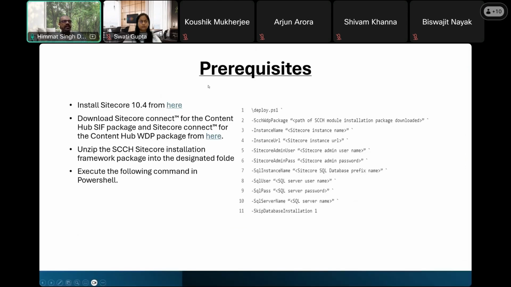If you have performed all the steps to connect with the DAM, you do not need to perform them again, but I'm just highlighting them at a high level so that you can understand. Same as before: install Sitecore 10.4, download your Content Hub zip package, the Content Hub WDP package, unzip that package, and execute this